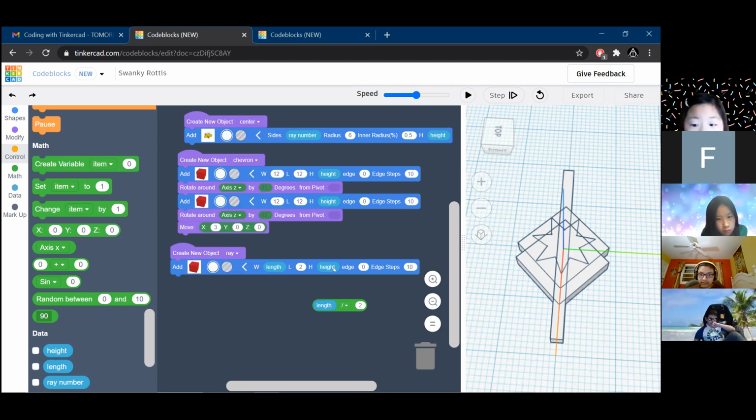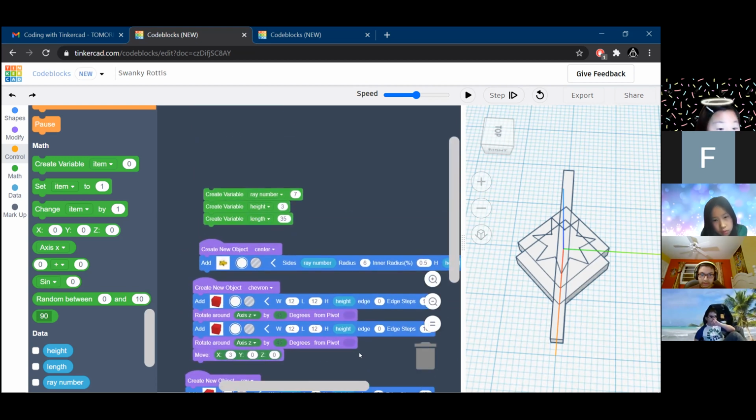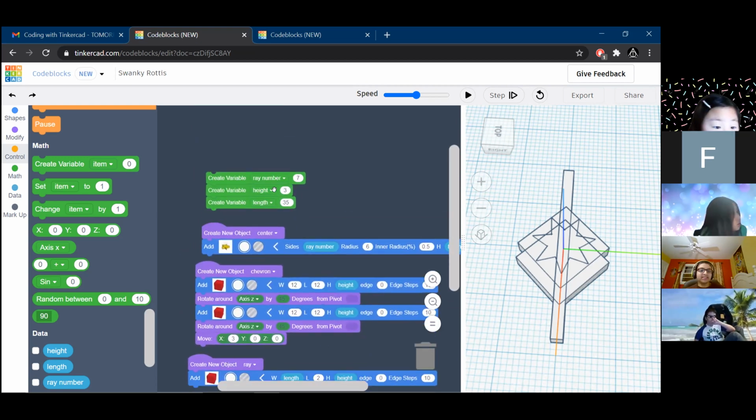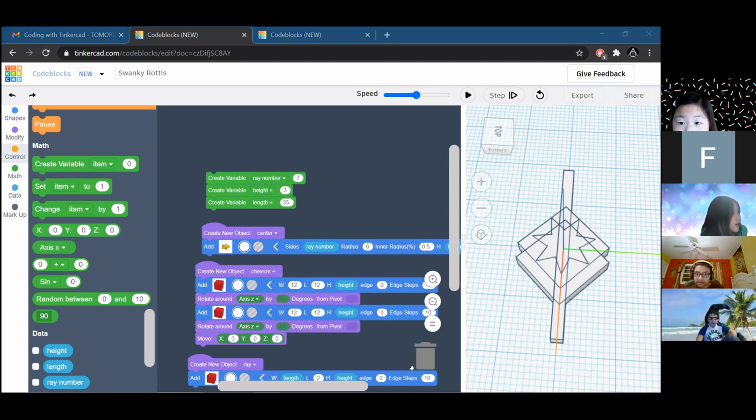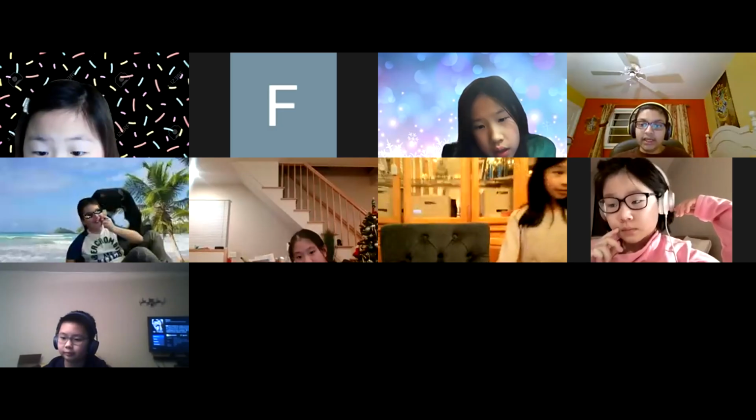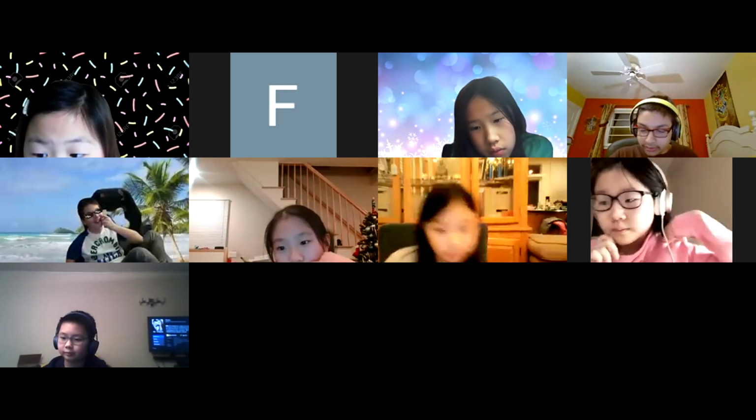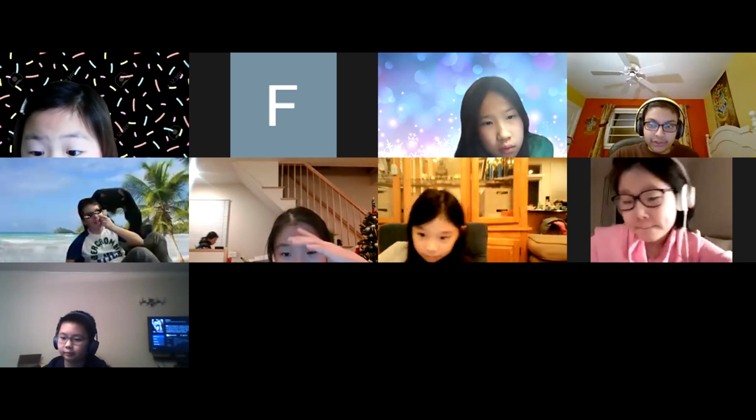Can I see the variables you made again? Yeah, sure. Yeah, so make sure that your length is somewhere close to 35. But it still doesn't work. I have a 35. And I have everything on the bottom. Can I share my screen? Yeah. 1 second. Okay, go ahead. And then Aaron, you can share your screen because you said something about you had an issue too.